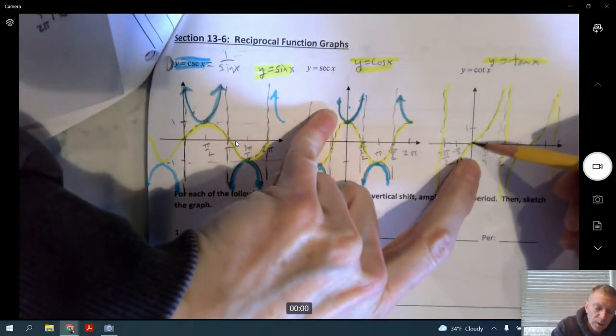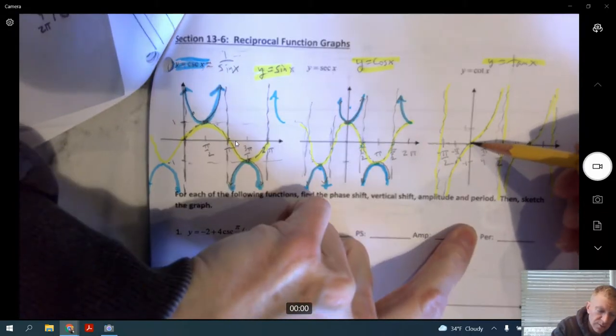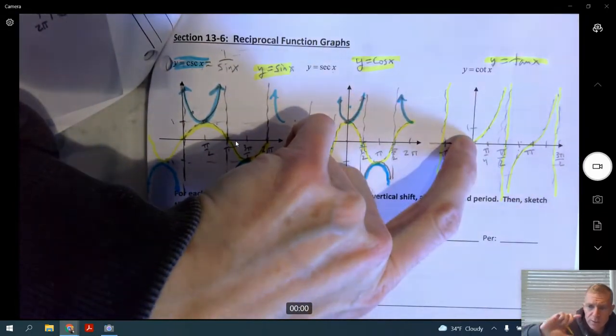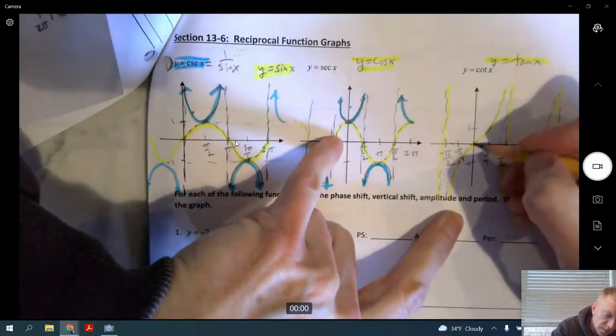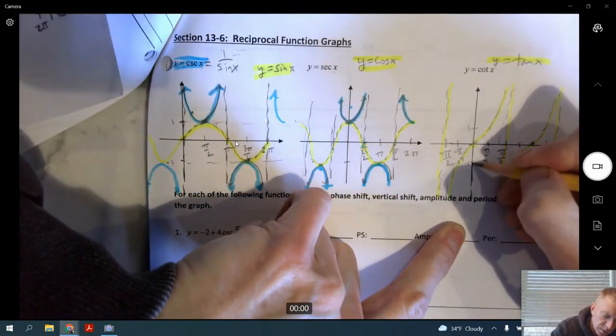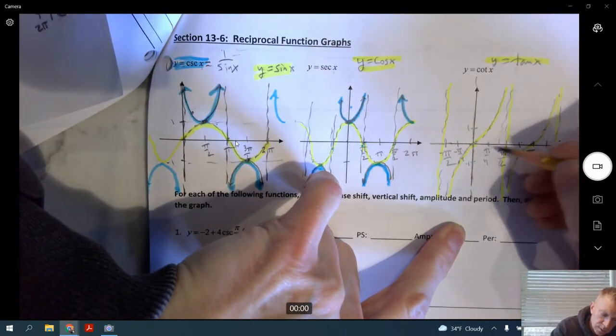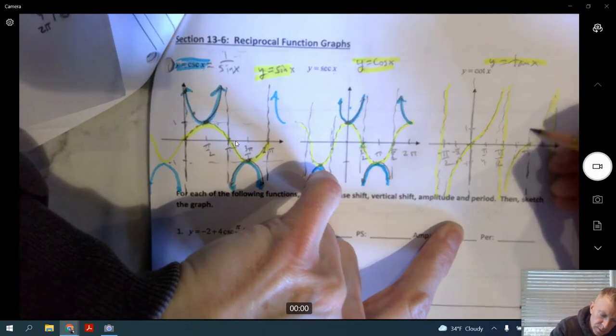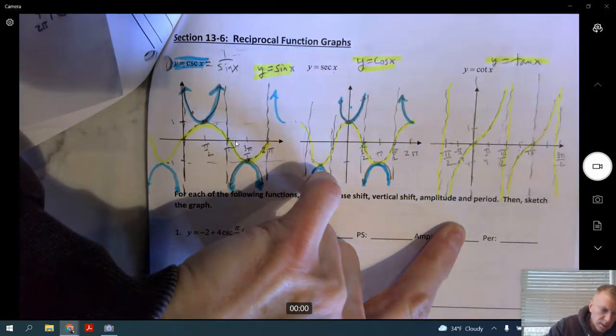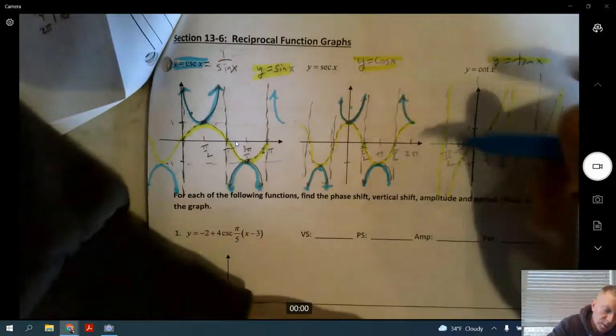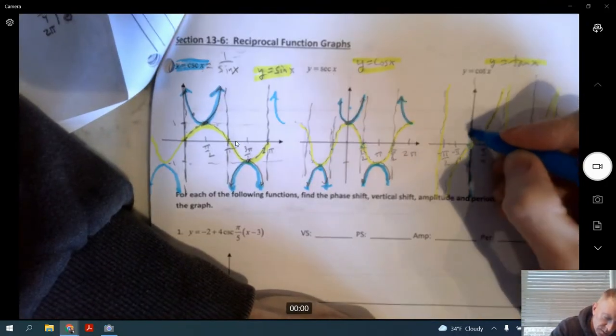So anywhere where our y value is 0 or on the wave axis, that y value is now the reciprocal, 1/0, which is undefined. So zeros become asymptotes. So you're going to have an asymptote here and an asymptote here. I'm going to do that with the blue marker so we know these are the asymptotes